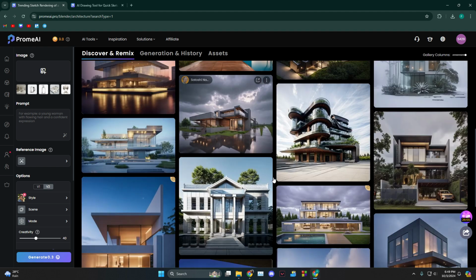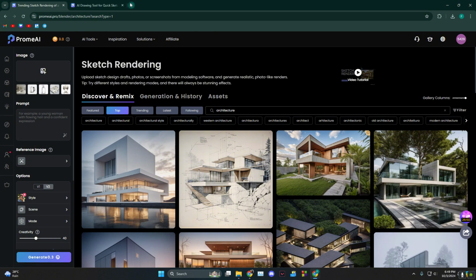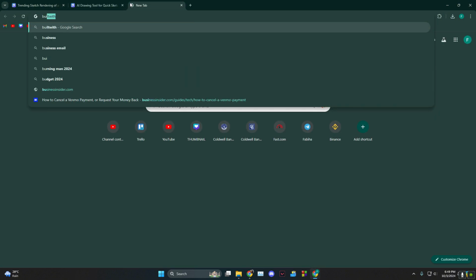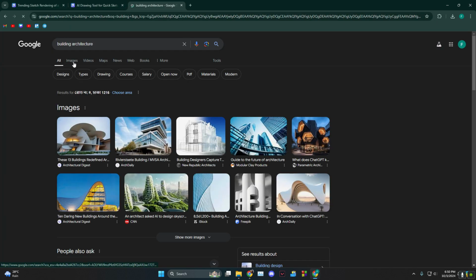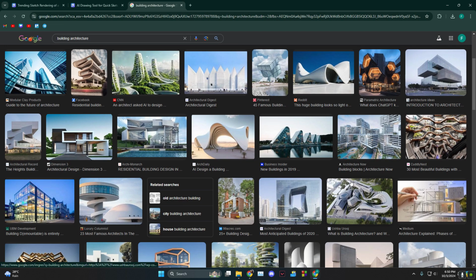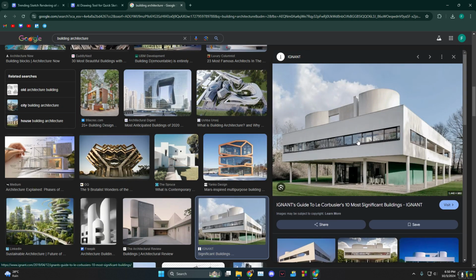Now, there are some images that you can take for inspiration, or you could also add an image of your own. So let's say building architecture and then images, and let's say that we like this house, right? So we're gonna save image as